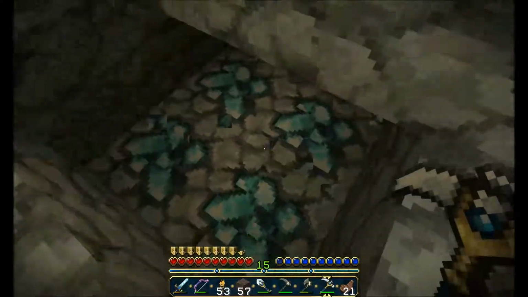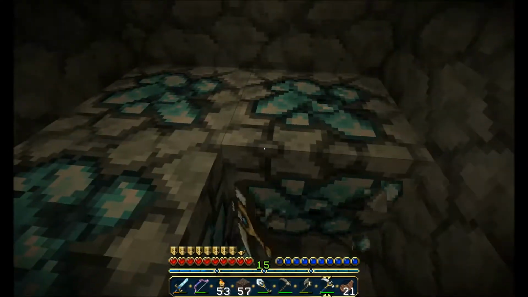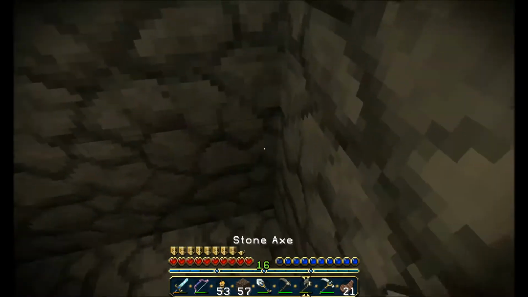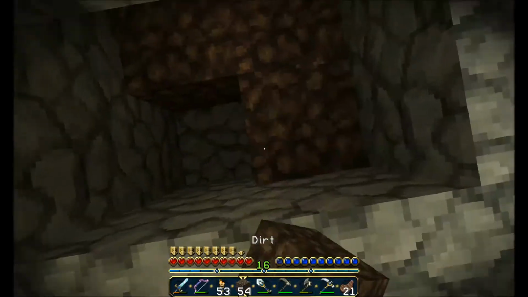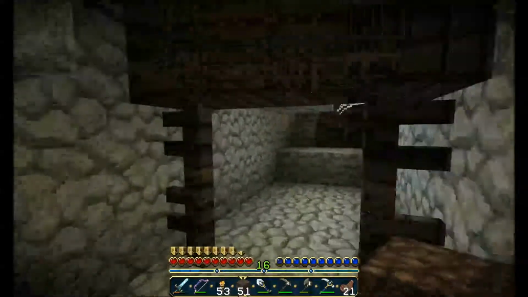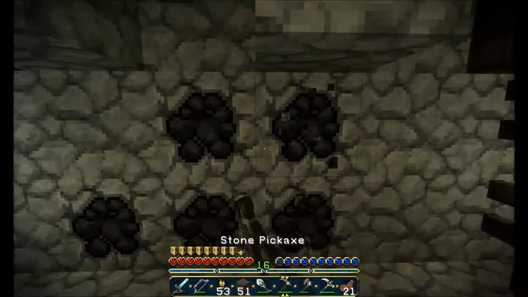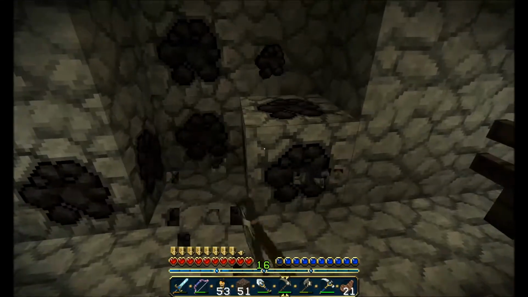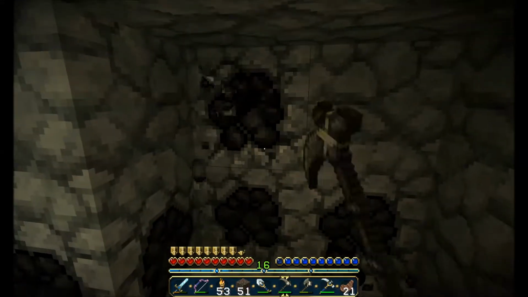Look at all these diamonds. Now, oh, that was a mistake. I shouldn't have done that. I was meaning to aim at this corner one. Alright, well, I'll take 4 diamonds, that's for sure. Good job. Okay, let's get this coal while we're here. And then I'm going to teach you a nifty trick. Well, maybe not teach you, you might already know, but...